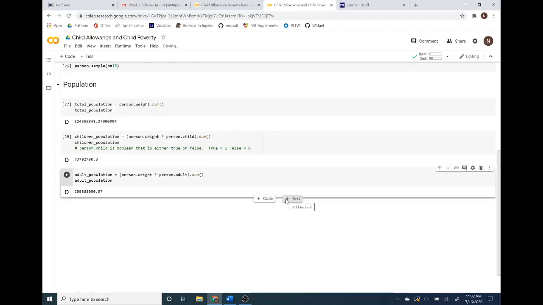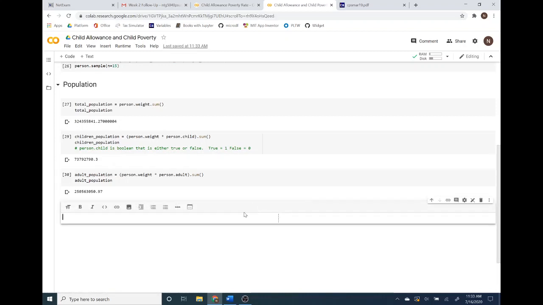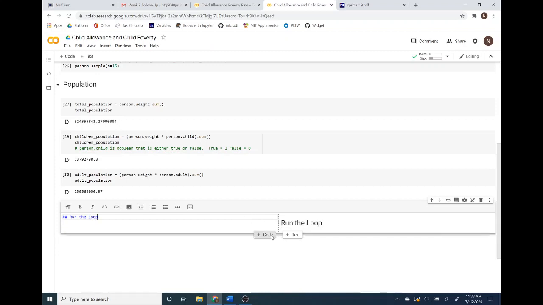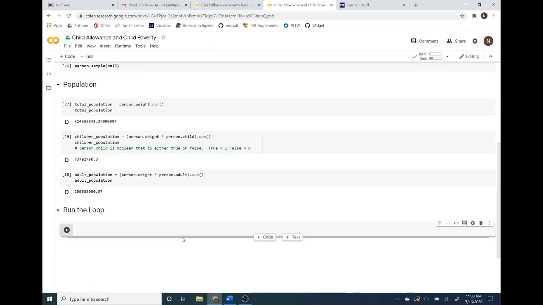Okay, we are ready to dive into the world of for loops. So I'm going to add a text box and say, run the loop. Now let's get ready to code it. We're going to use a for loop, and I think it's best if I just start typing it, that runs different levels of spending for a child allowance. So for spending in the range,